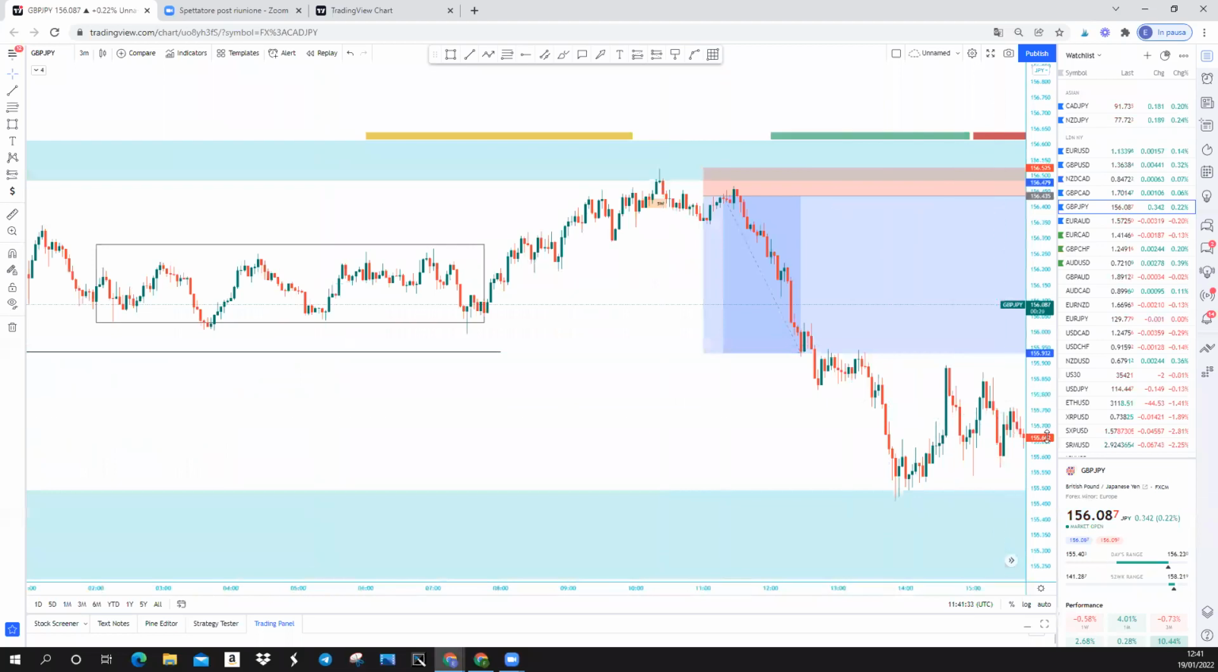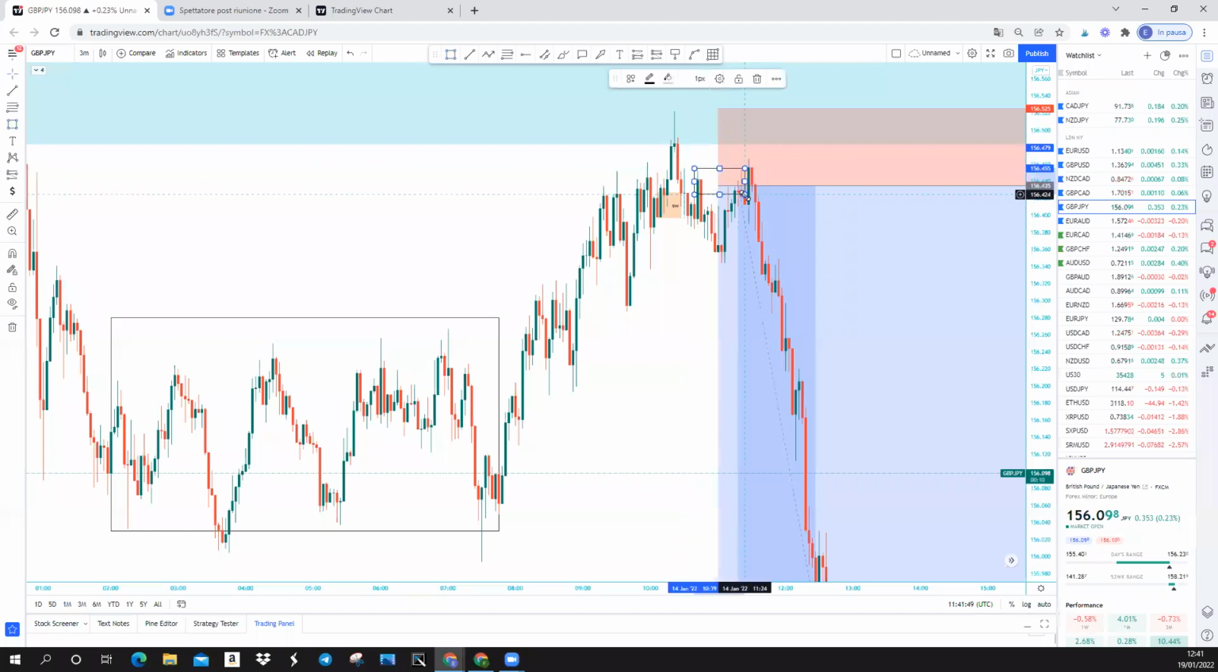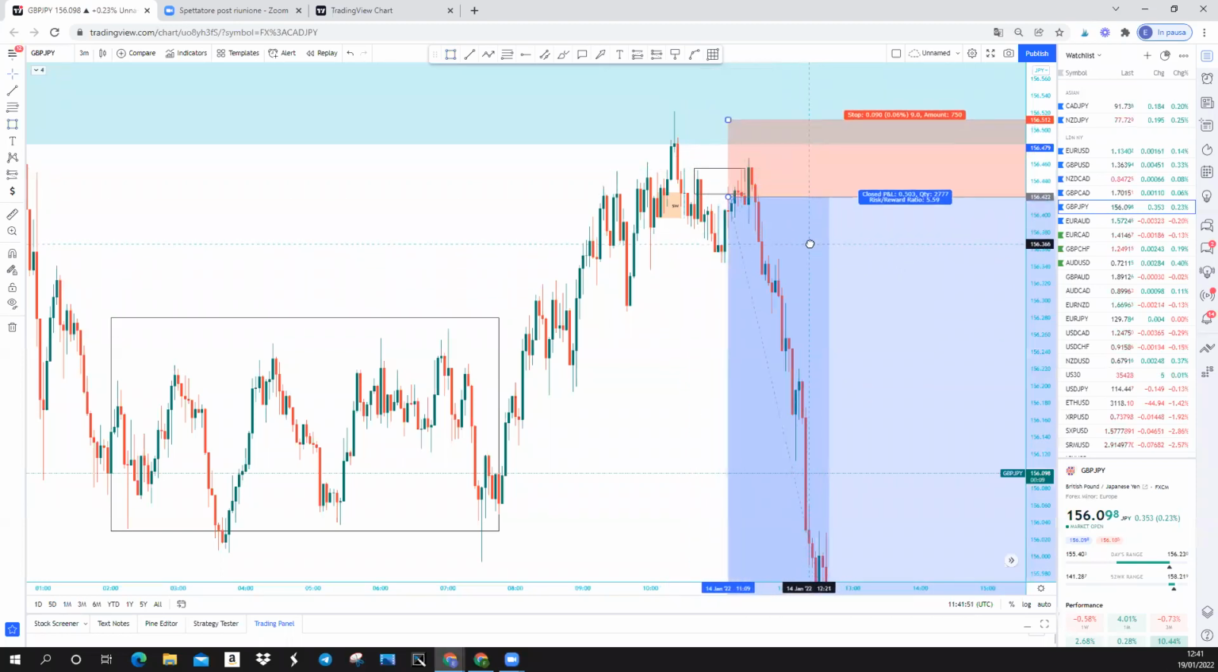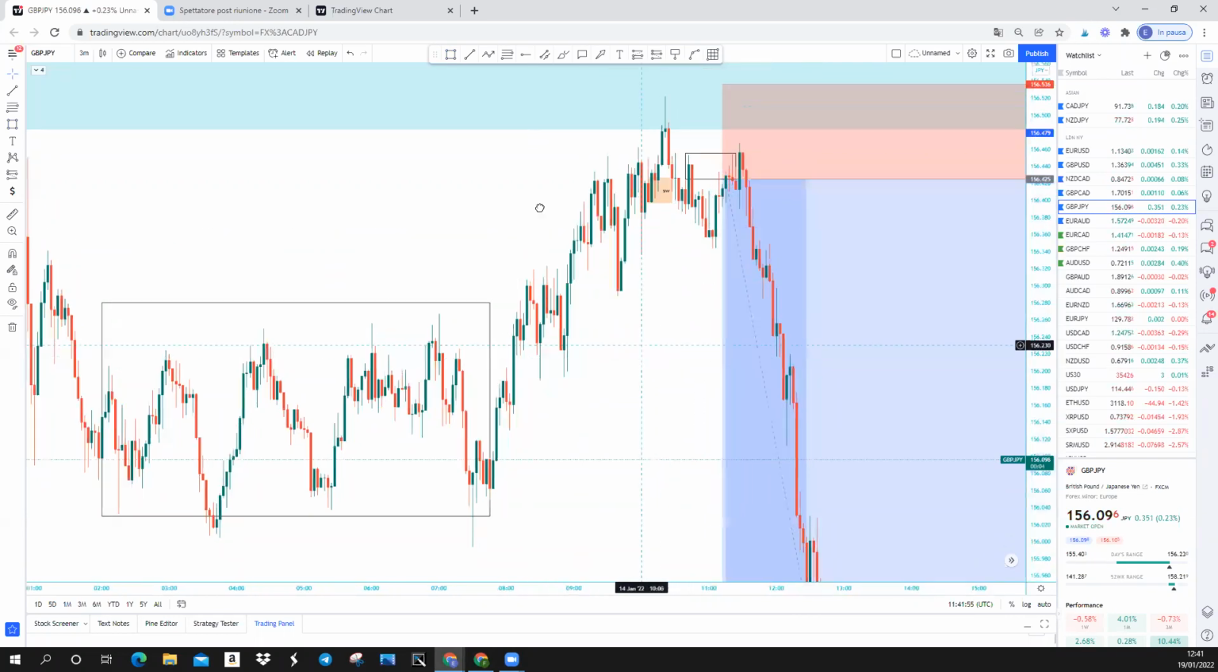Right here. Here we change structure to the downside. We break the demand that creates the manipulation. Okay, we break it and then possible entry. Now, why did I enter here and I didn't catch it perfectly? Because I took this supply area as possible entry, entered right there with stop loss above the manipulation, and that